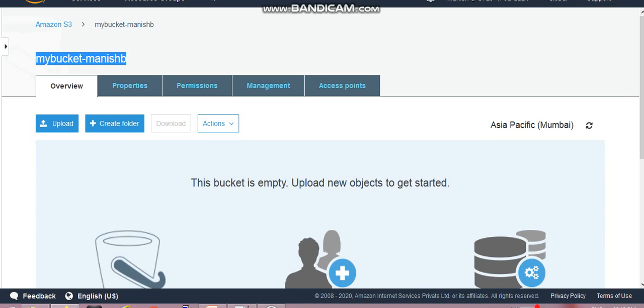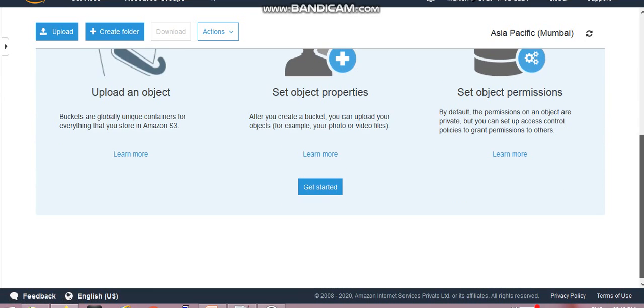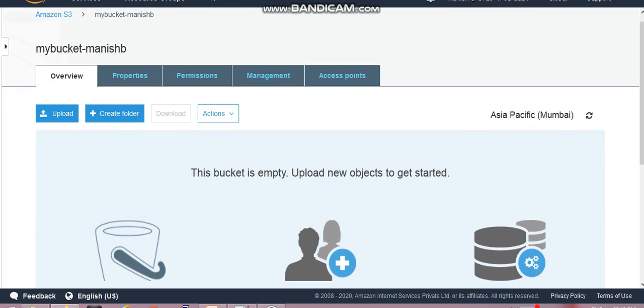This is my bucket name and there are some options like overview. Here you can upload any object to your bucket, you can create folders and a lot of other things. Now we have to attach an event to this particular S3 bucket, so that whenever we upload any object or image to it, an email gets triggered.